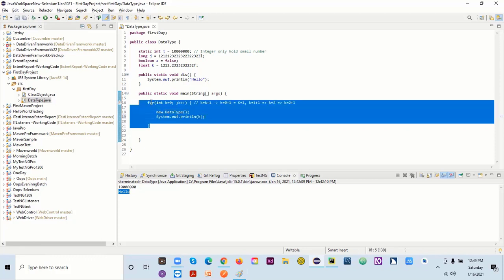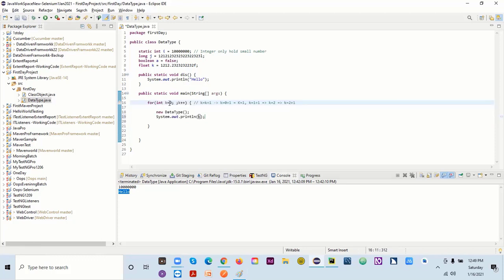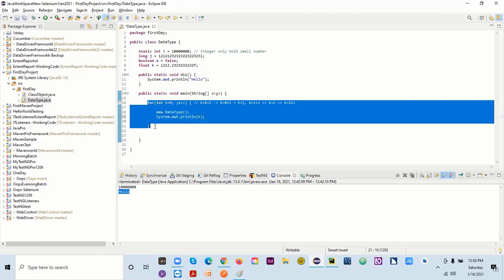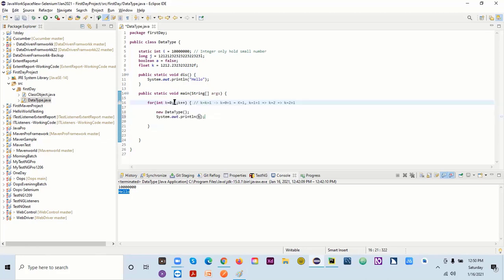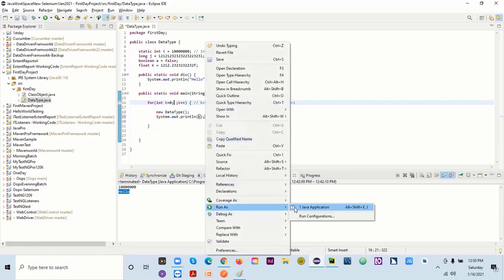Again focus will go here. Now k is 1, and 1 plus 1 is 2. It will print 2, then 3, then 4, then 5. Because I have not given any condition for when it should stop, it will keep running. All right, so let's run it now.